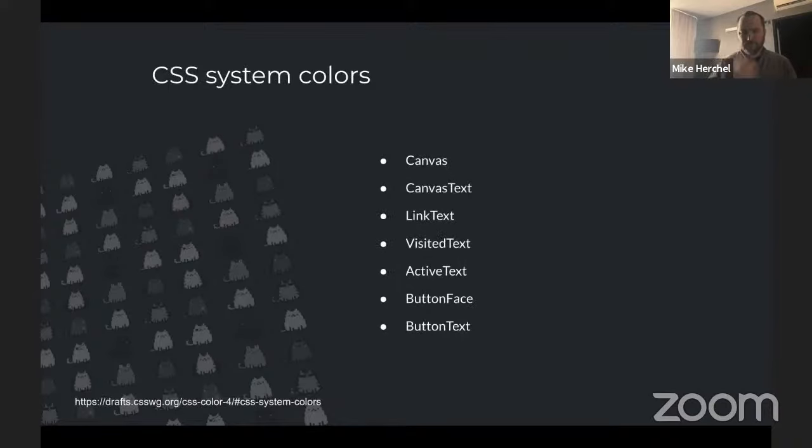But what does it use for those colors? It overrides those colors, but it uses new colors that are defined within the CSS spec called CSS system colors. They're things like CanvasText, Canvas, LinkText, VisitedText, ActiveText. You can kind of guess what they are, and you're pretty much correct. Canvas is obviously the background color of the web page. CanvasText is the text in front of that.